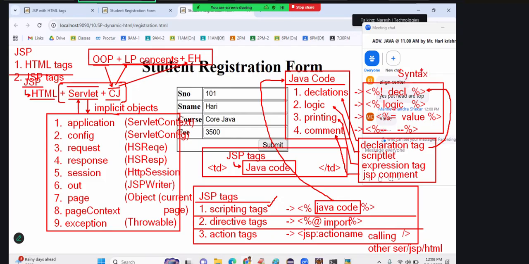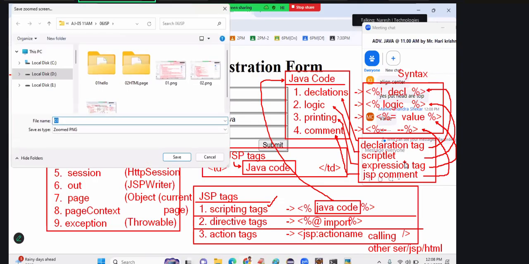Its syntax is angular bracket percentage exclamation mark. The scriptlet syntax is angular bracket percentage, no special character. The expression tag uses the equal to symbol. The JSP comment syntax uses hyphen hyphen. Just these four tag names, if you remember, then